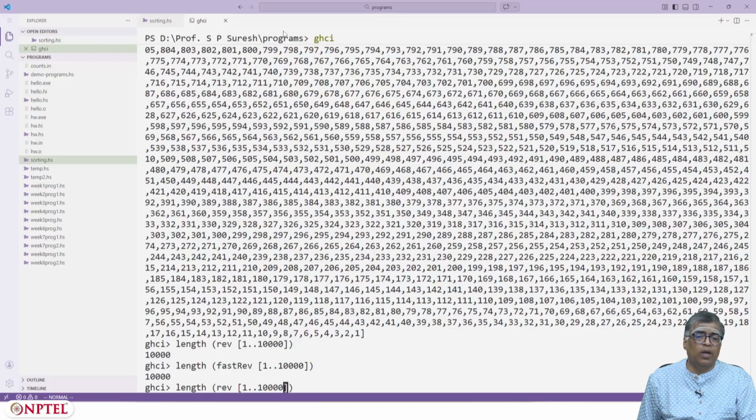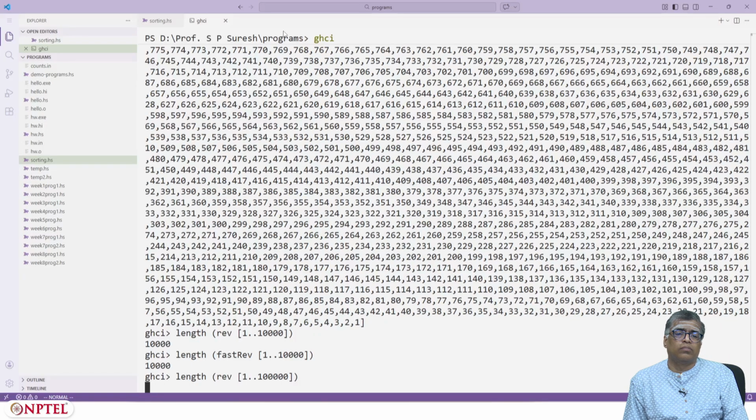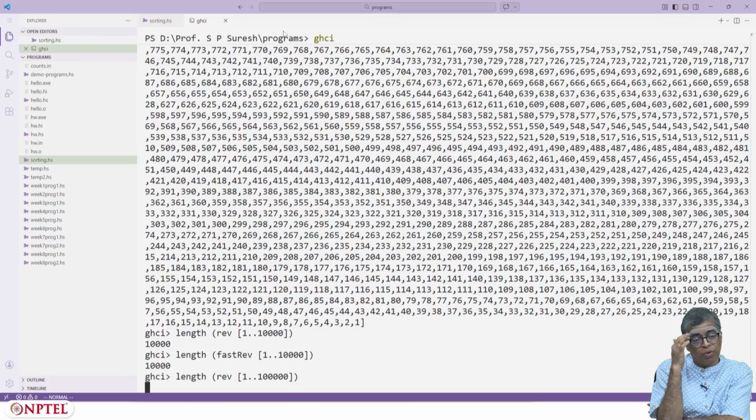In fact, if you try for larger numbers, the difference will be even more pronounced. Yeah, this takes a long time clearly, because I have to do around 1 lakh squared number of operations, whereas if I do fast rev, it is just 1 lakh operations.